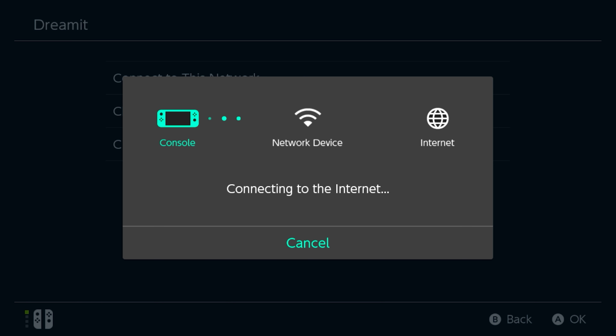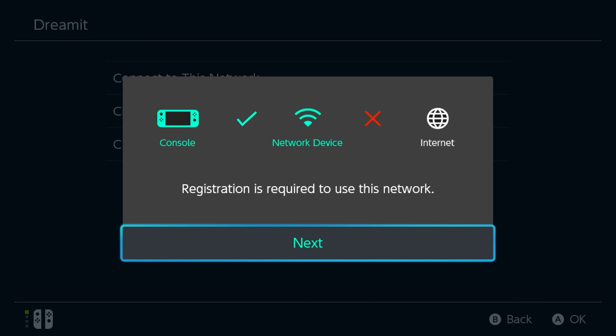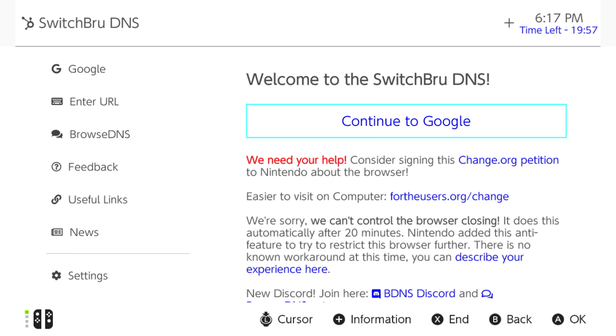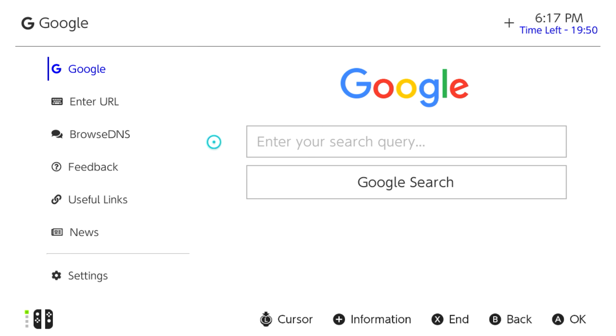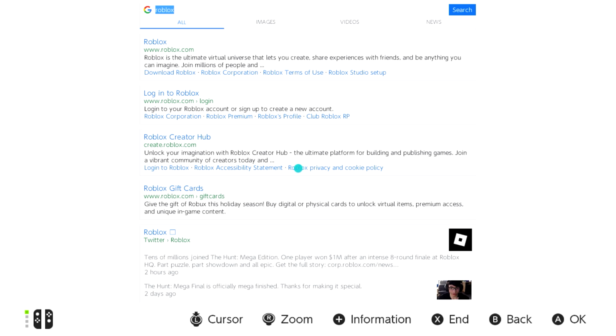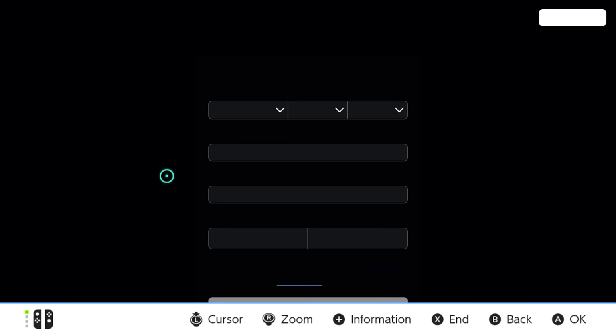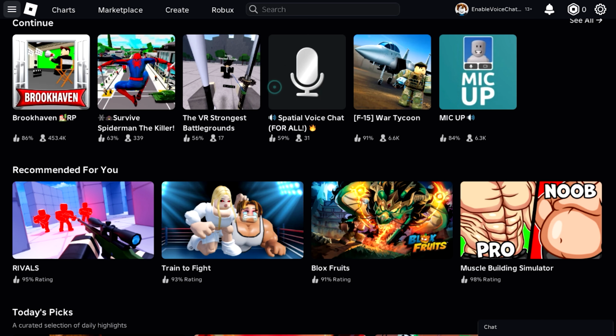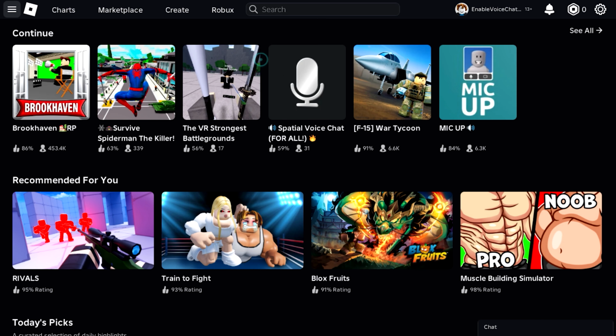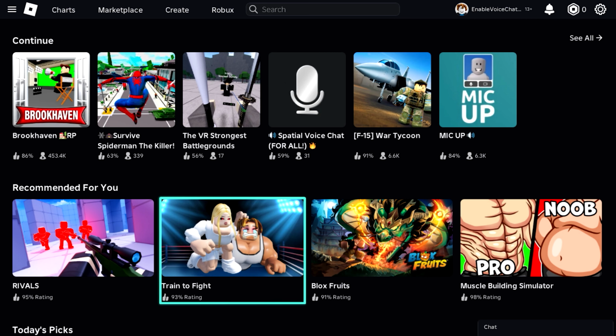Once you've got that number typed in, click on Save and then attempt to connect to the network. You'll notice that the connection will immediately fail and you'll be left with a prompt. If you hit Next here, it's going to take you directly into the Switch's internal web browser. And just like that, you now have access to Google. Simply type the word Roblox and click on the official Roblox website link. It will bring you straight to the login screen. As soon as you successfully log in, you will see that you now have full access to Roblox right there